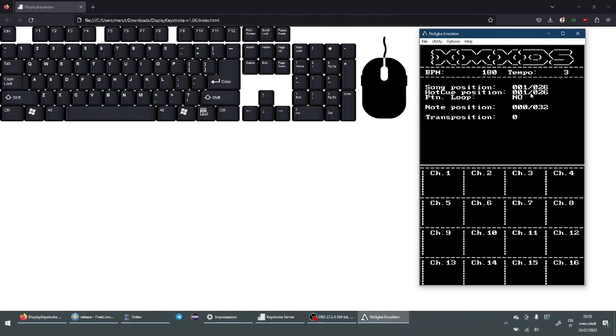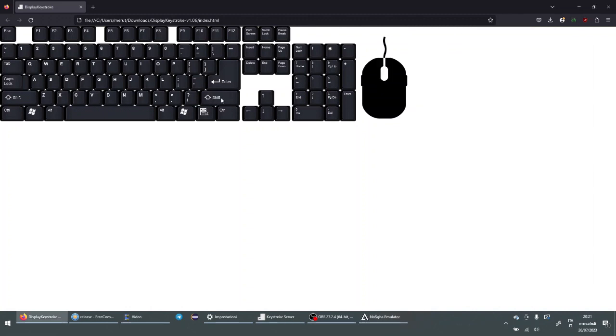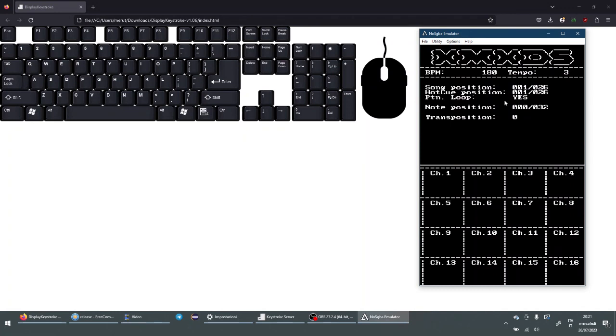I'm using software now to show the buttons that I'm going to play, and I will go briefly over the buttons that I mapped, and how they are related to the Nintendo DS buttons. Let's start with the start button, which I really don't use in this program, which is the enter. Then there is the select button, which is the right shift. Then we have Z, which is the A button, X, which is the B button, then we have A, which is